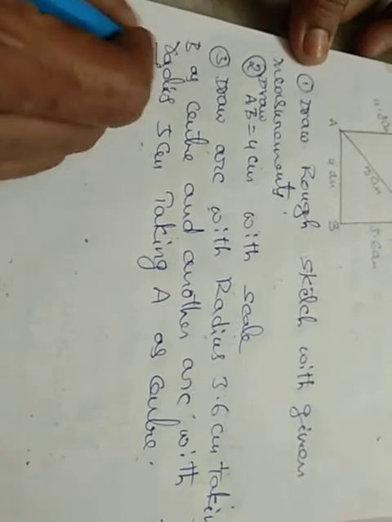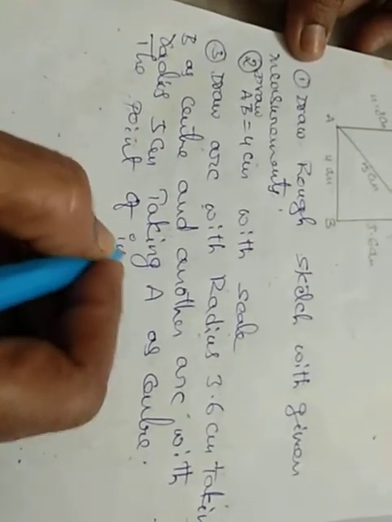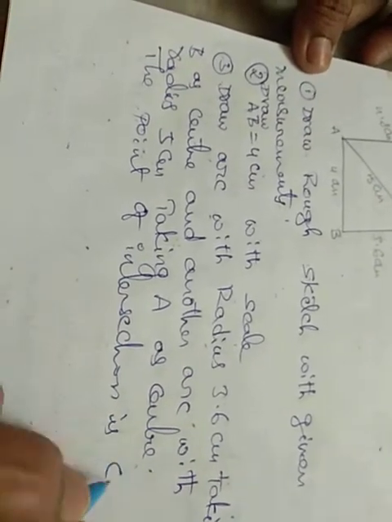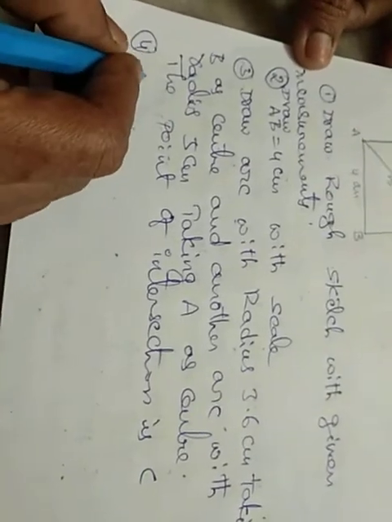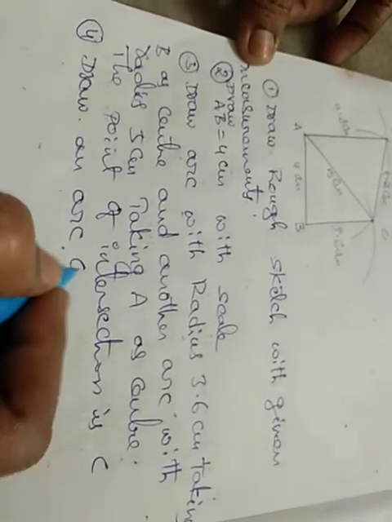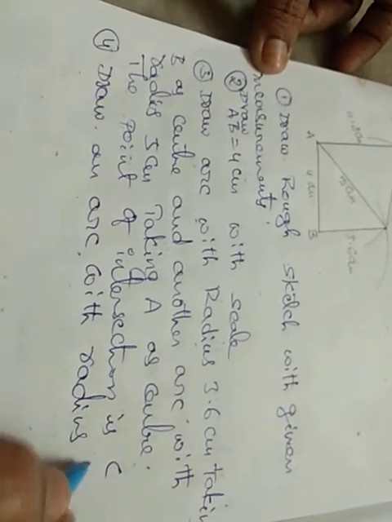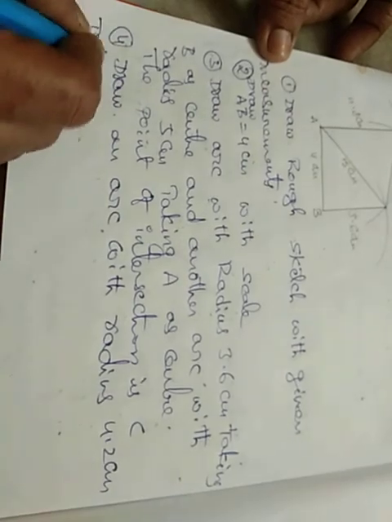Okay, the point of intersection is C. Okay, and fourth point, draw an arc with radius 4.2 centimeters, taking C as center,